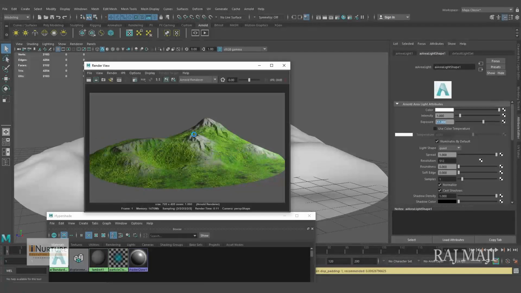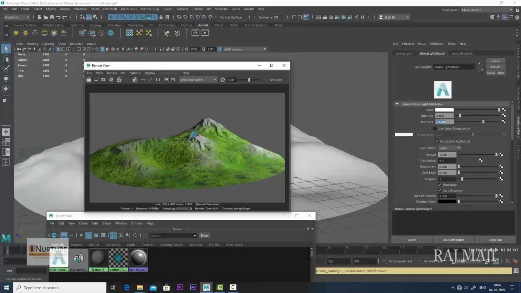Okay, you can see we are getting a decent result, workable, and this is the way. That's why the last two assignments were very important. So whatever we have learned over there, today I included everything to create this terrain. So hope you understood what I am trying to say.